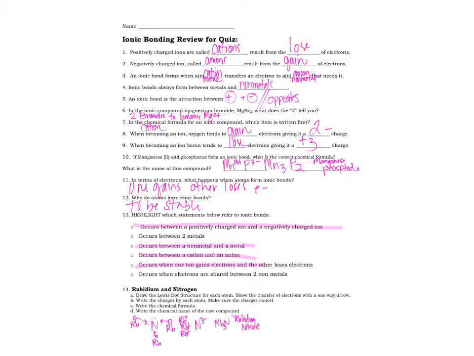For number 6, remember that when we're looking at MgBr2, the 2 is a subscript. The 2 indicates that there are 2 bromine atoms for every 1 atom of magnesium. So remember, that is a ratio of 1 magnesium to 2 bromines. Anytime you write the name, MgBr2 is magnesium bromide, remember the cation, or the positively charged ion, comes